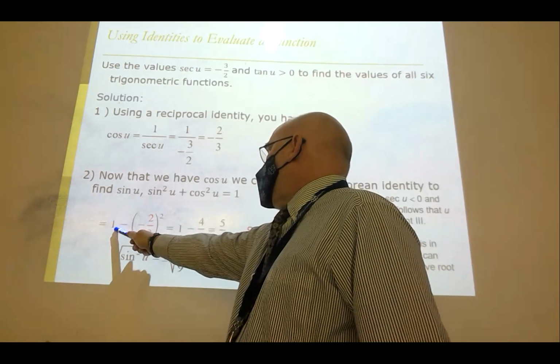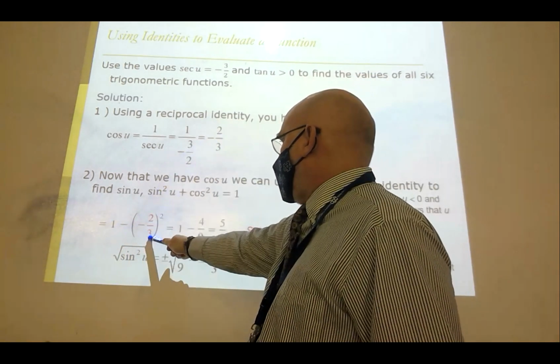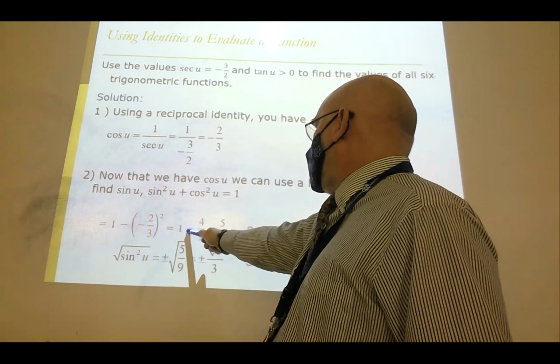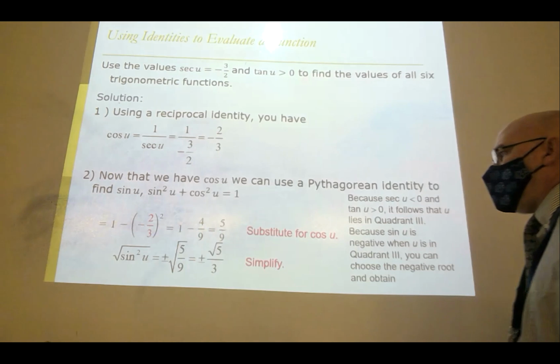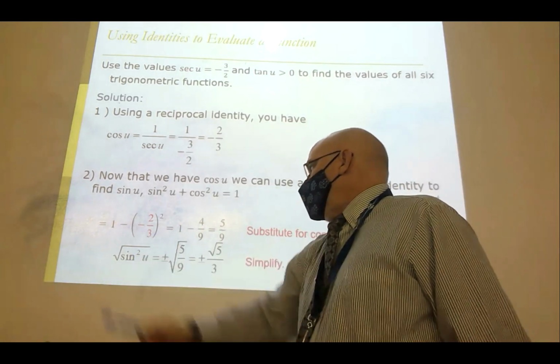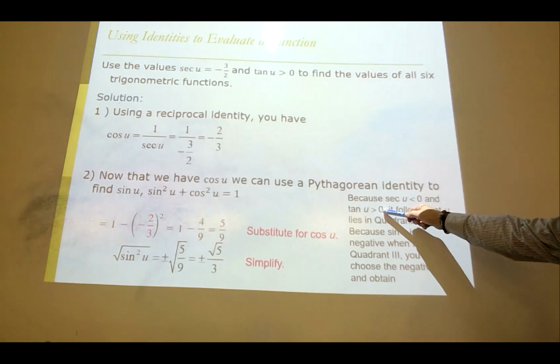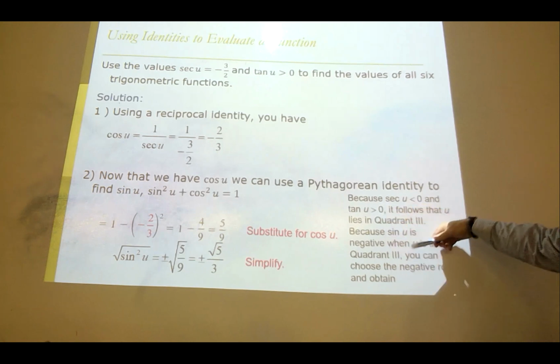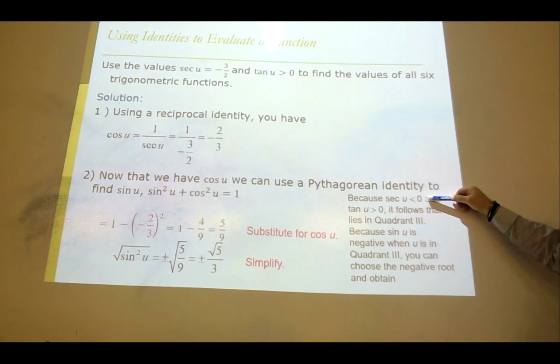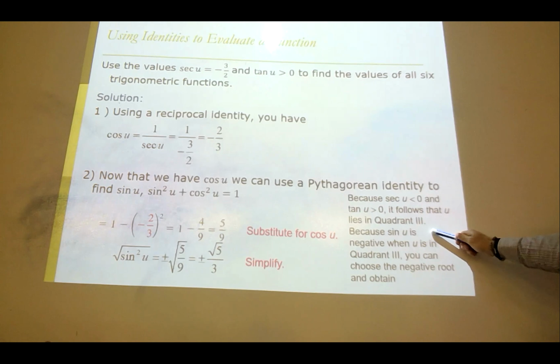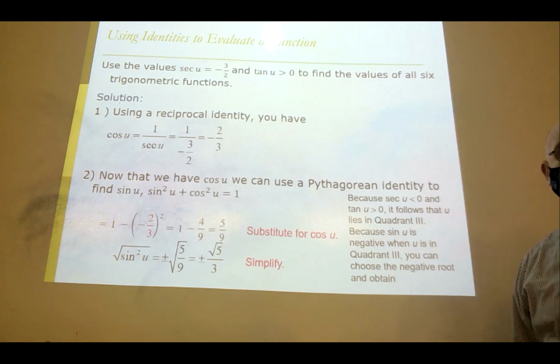So my sine squared is going to be equal to 1 minus cosine squared, (-2/3) squared, is equal to 1 minus 4/9 equals 5/9. So sine is going to be the square root of that, which turns out to be the square root of 5 over 3, plus or minus. But we know that tangent is greater than 0, and secant or cosine were less than 0. That must mean we're in quadrant 3. So sine will be negative in quadrant 3. So we're going to use the negative square root for